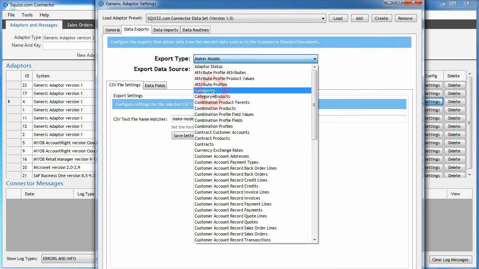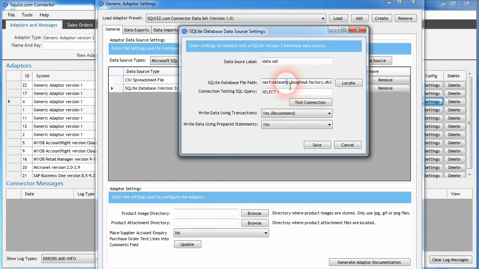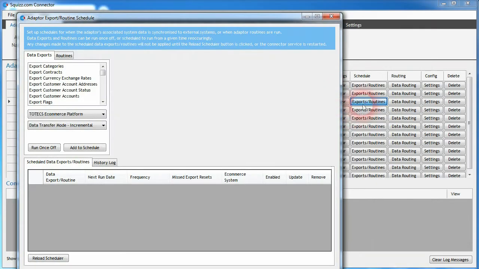So in our case, we're getting the category data from the dataset, and I've configured a dataset adapter here to read through that file. After clicking on the exports and routines buttons for that adapter, I can now select the categories data export and choose the Squizz.com e-commerce platform, set the data transfer mode to full to import all that data, and click the run off button. Now what will happen is that all the data will be retrieved from the dataset,